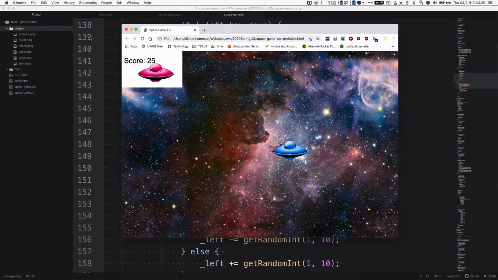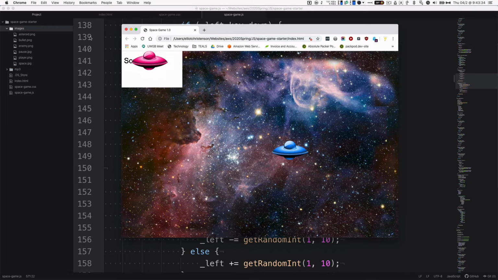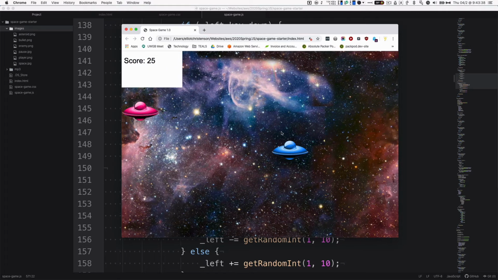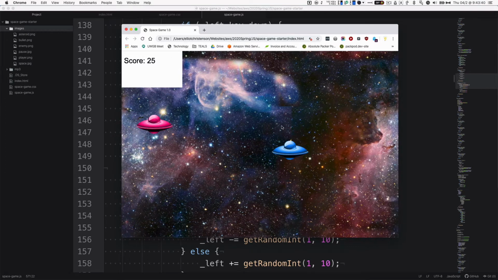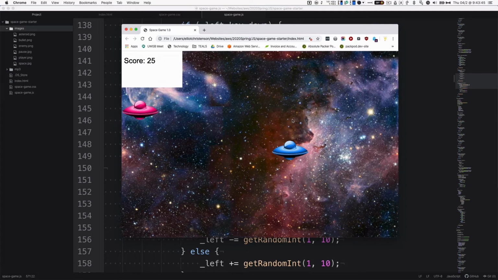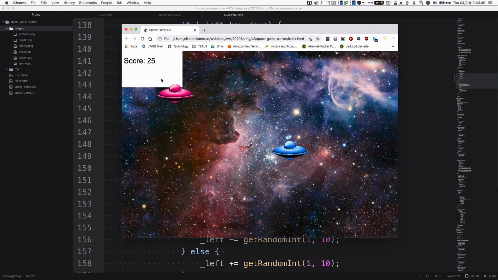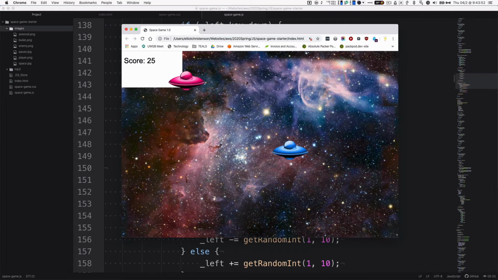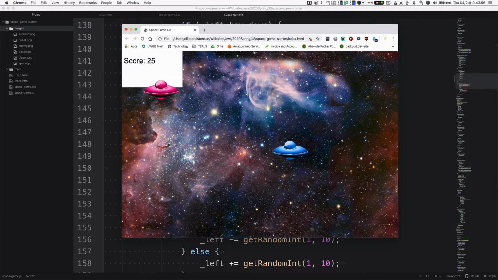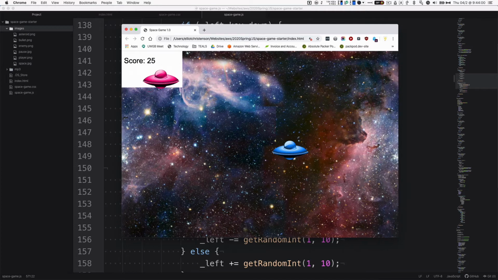But otherwise, an alert is fine. So if you want to change the graphics, a minimum viable B grade on this would be to maybe just count it as one hit every time you hit the ship and count up to 10 hits, or have a time limit, and then have an alert pop up